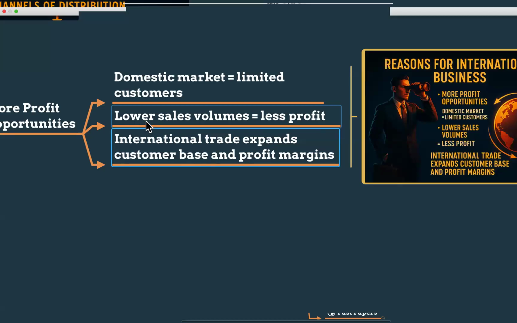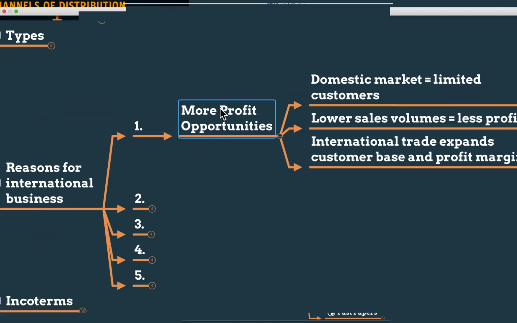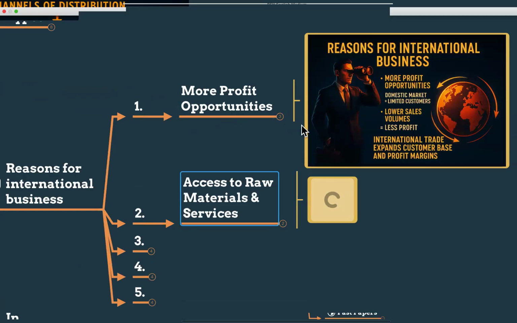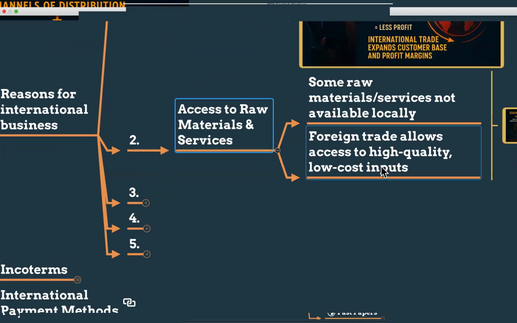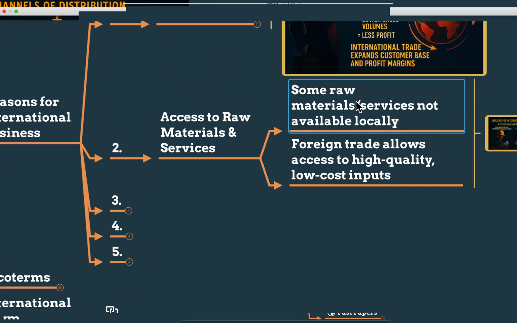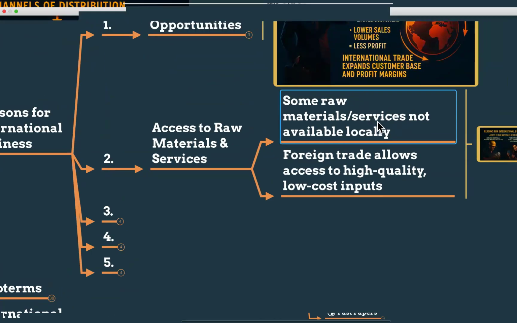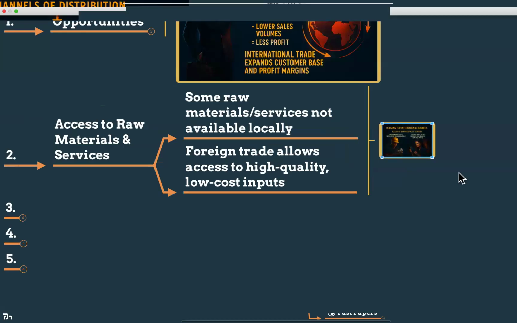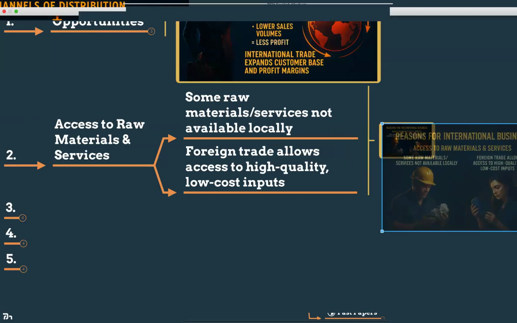So think about a tea estate in Nuwara Eliya. Now they export to Germany at 3 times local prices, more than 3 times. So this is more profit opportunities. And the second one is access to raw materials and services. Some raw materials or services are not available in Sri Lanka locally. So foreign trade allows access to high quality, low cost inputs,